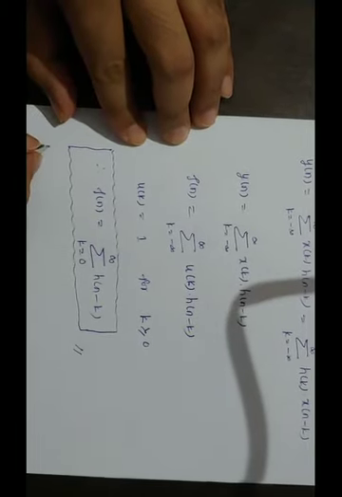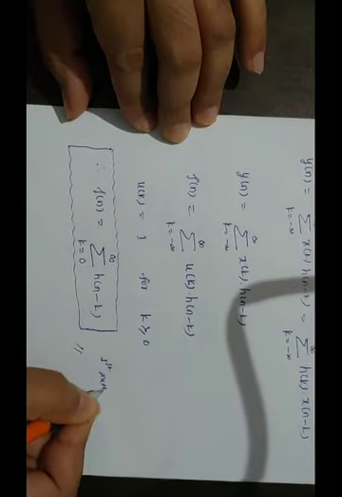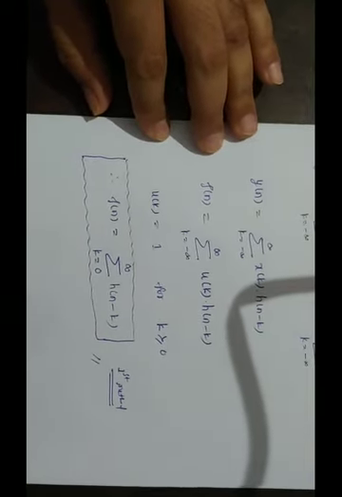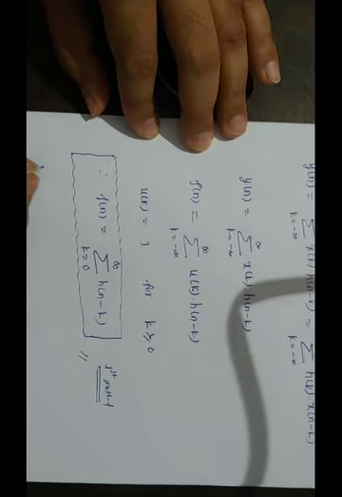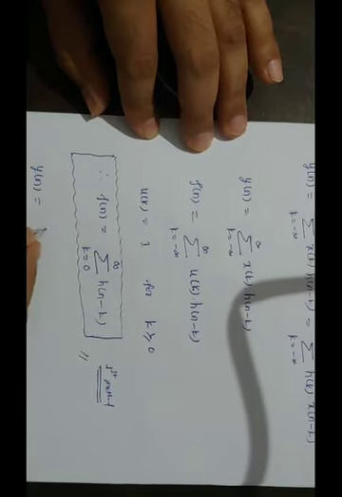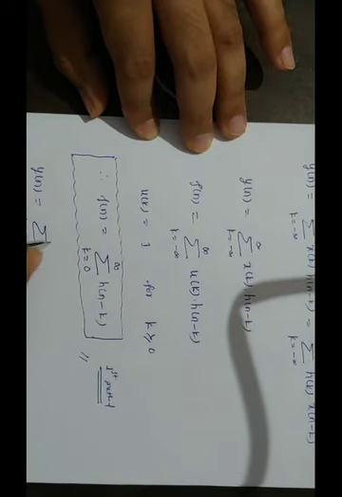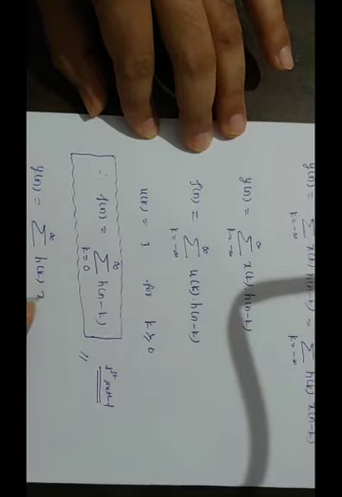So you can call this the first method, and if you want, you can calculate by this method. I am going to get one more equation, so that you can call it the second method to obtain the output. Now my y of n, I am considering it as a summation of k equal to minus infinity to infinity of h of k into x of n minus k.